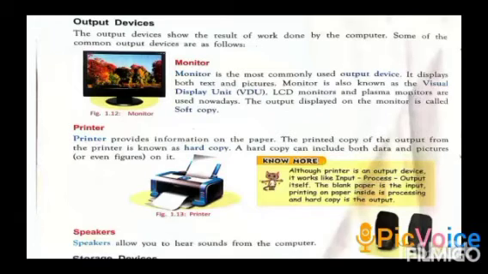Okay students, the first output device is monitor. All of you see the monitor in many places. The monitor looks like a TV screen. The monitor is the most commonly used output device.